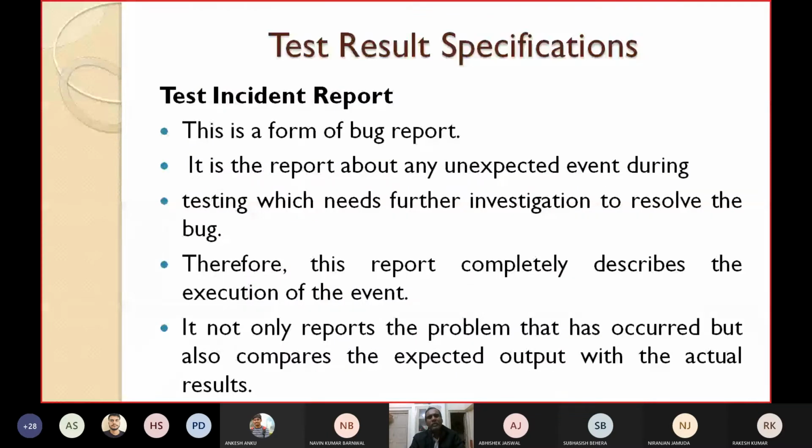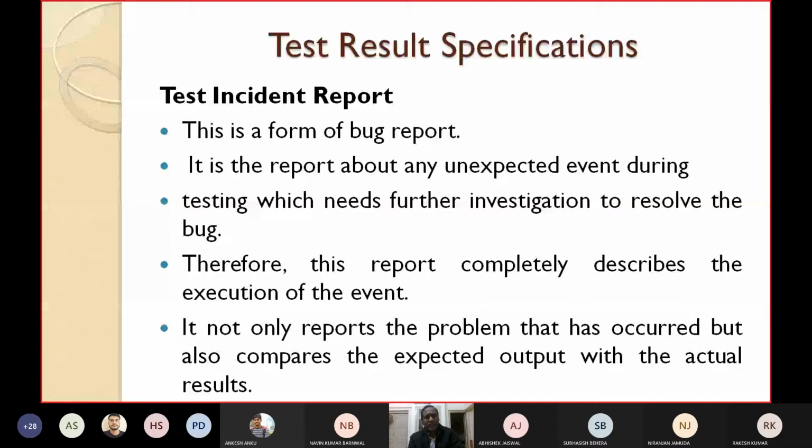So what does it normally contain? It is a report about any unexpected event that happened during the testing which needs further investigation to resolve the bug. That's why the name is incident. So what incident has happened? Any unexpected event or unexpected incident.